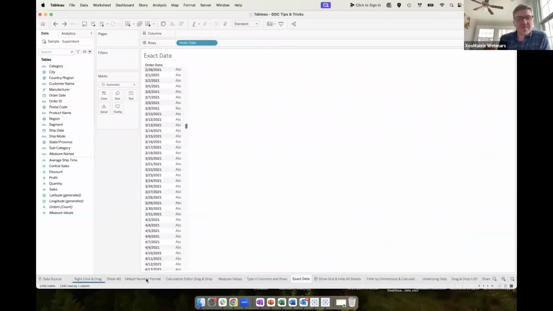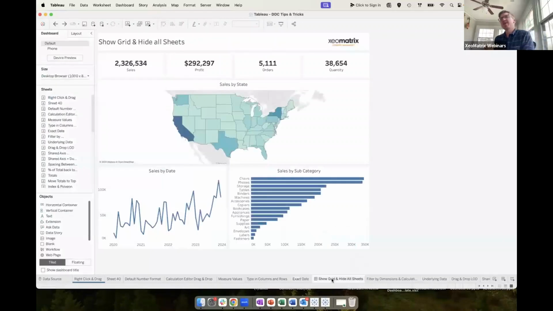Cool. All right. Let's jump over to, okay, this is a good one. I have a dashboard that I built that has some KPIs, a map view of sales, sales by date, and sales by subcategory. Very, very straightforward dashboard. I wanted to show the group something I found out about probably only a couple of years ago, but you can, if you're building a dashboard,